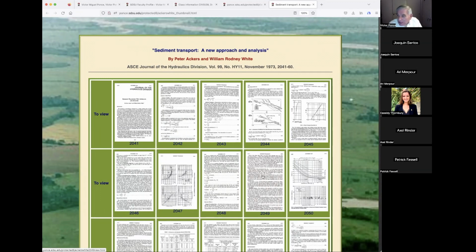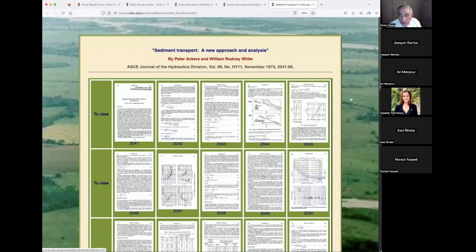But respected is up to a point, because in sedimentation, you know, things are fuzzy. They're so fuzzy that 20 years later, in 1993, they went ahead and corrected their method. They had the wherewithal to say, well, I'm sorry, we made a mistake, we're going to fix it. So the 1993 version of the Ackers and White is the most recent version. And it changed the results. We tested this. I don't remember the exact number, but the number 30% sticks to my mind,